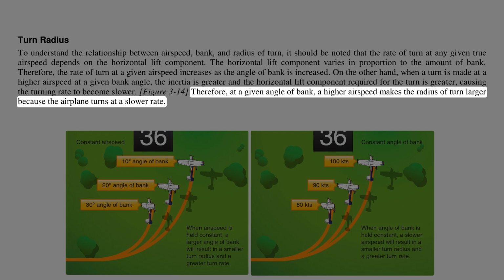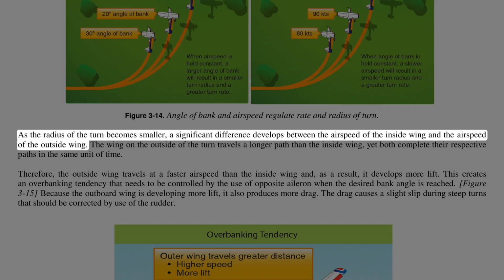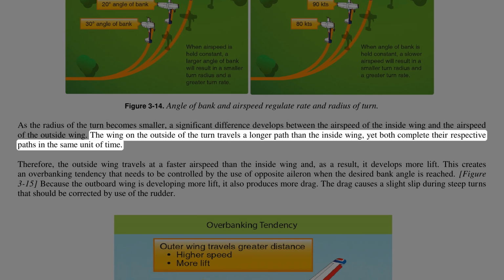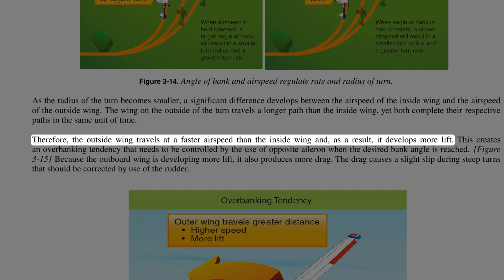at a slower rate. As the radius of the turn becomes smaller, a significant difference develops between the airspeed of the inside wing and the airspeed of the outside wing. The wing on the outside of the turn travels a longer path than the inside wing, yet both complete their respective paths in the same unit of time. Therefore, the outside wing travels at a faster airspeed than the inside wing, and, as a result, it develops more